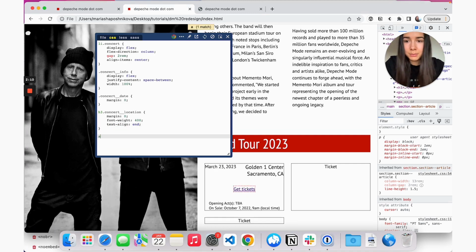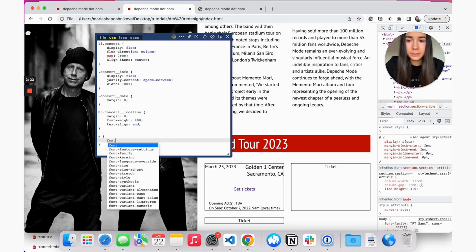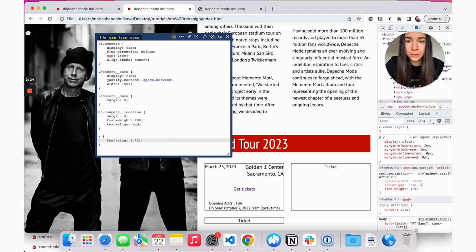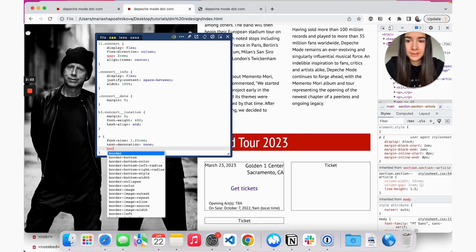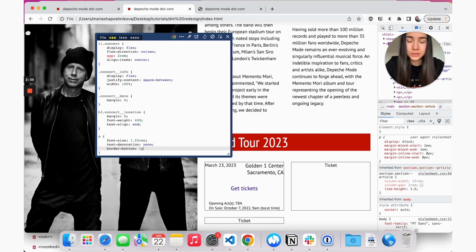And then our second part is going to be links. And for links, we actually will want all the links to have the following styling. So I'm just doing it on the a tag. For this one, we want a font size of 1.25 rem. And then we're going to remove the default text decoration, the underline, and we'll replace it with a border bottom instead. It just looks a little cleaner and easier to manipulate.